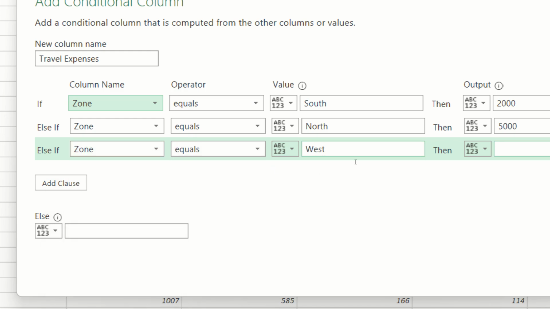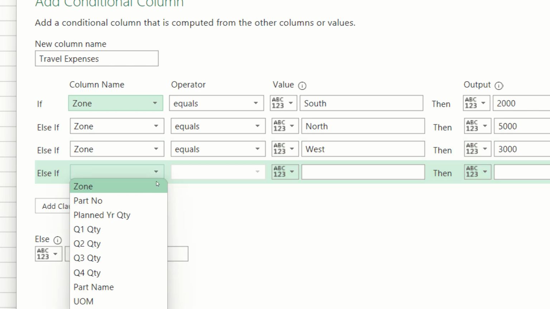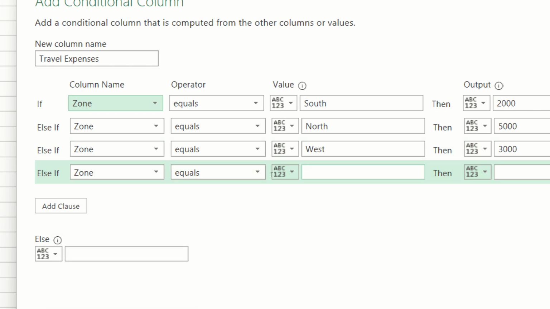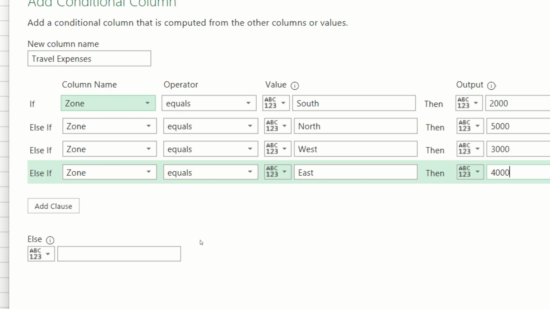Maybe something like 3000. Add Clause, zone is equal to east. Maybe 4000. South zone is 2000, north zone is 5000, west zone is 3000 and east zone is 4000. Just for example, I'm doing this. If no south, no north, no east, no west, then I can say